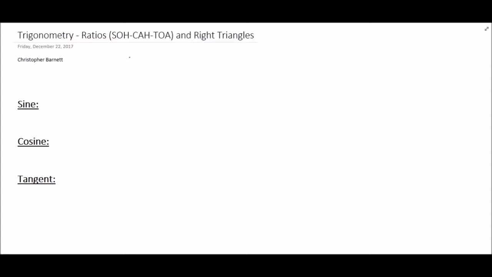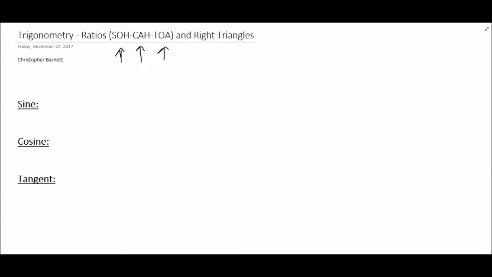So we're given an acronym, and this acronym is called soh-cah-toa. And this is pretty important to remember if you want to know what the trigonometric ratios are by heart, and you will in time once you practice more. So we have this thing soh-cah-toa, S being sine, the C being cosine, and T being tangent. Those are the three major ratios that you need to know. So sine